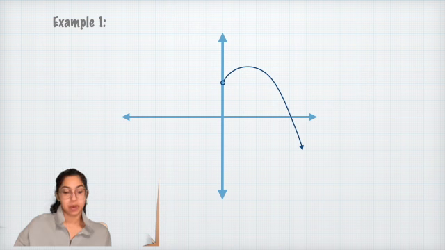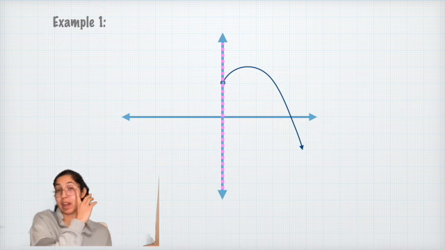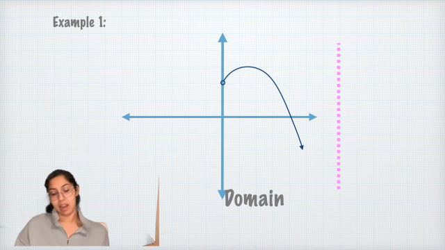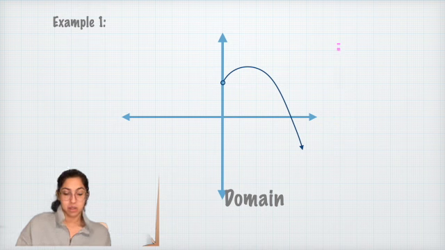So example 1, we have this graph. So I'm just going to go for it. I want to solve for the domain. So I am looking at my x values, lowest to highest. So I'm going to scan this way. I see that my domain has an open circle and then an arrow on the other side. So I have